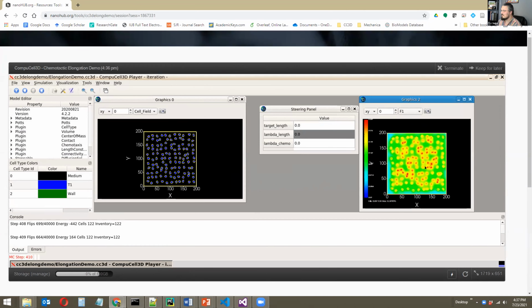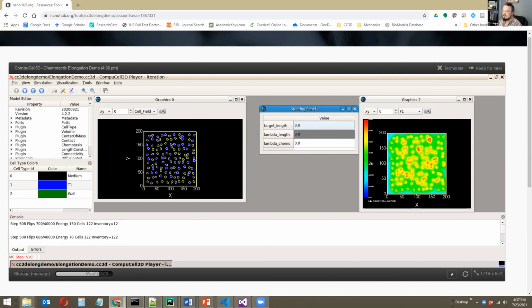In this case, we have one chemical field that's being released by these endothelial cells. And you'll notice here, there's this window called the steering panel. This is a way to interactively change configuration details about the models that are implemented.